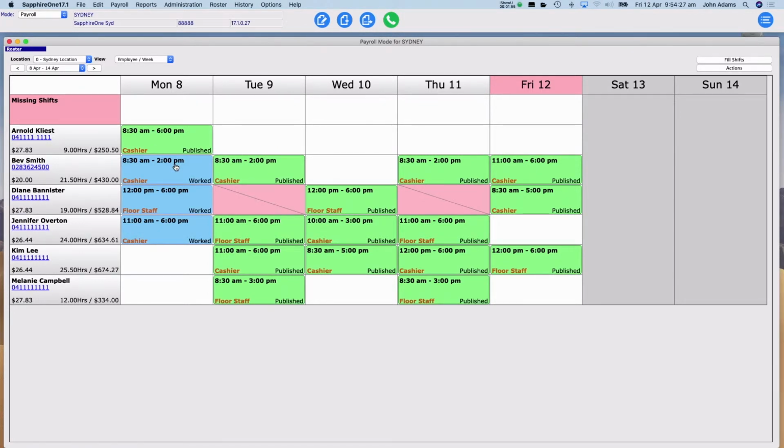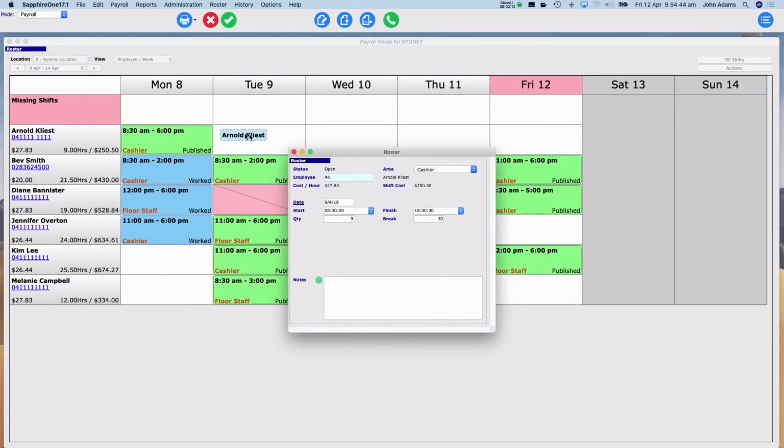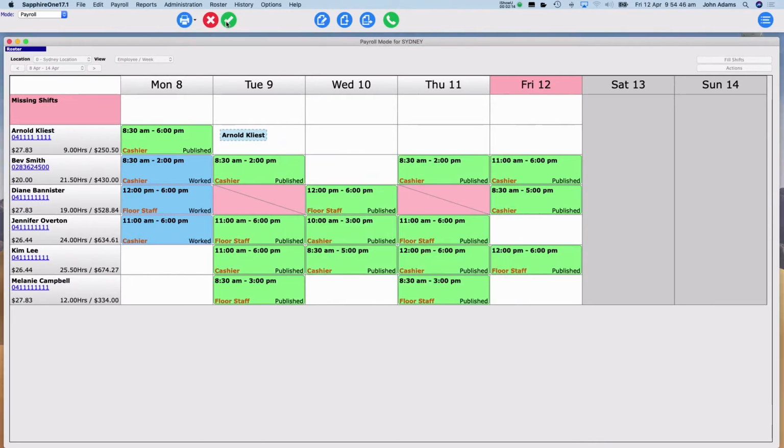Once I publish that, that will then appear on the employee's iPhone. So the employee can log on to the SapphireOne web pack, look at the roster, and they'll be able to look at their own view for the particular day, which in this case is the 8th. Now I can do the same for Arnold. I can drag them into the 9th and do exactly the same again. It's in pink at the moment. Click on that and we can say publish that,